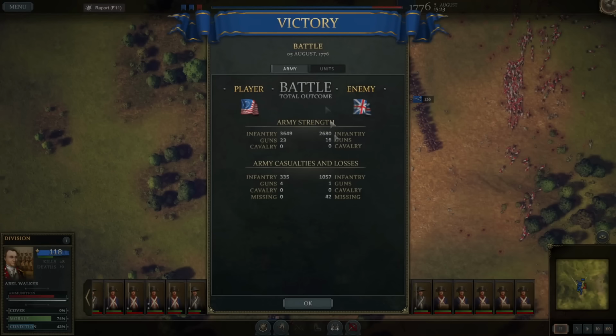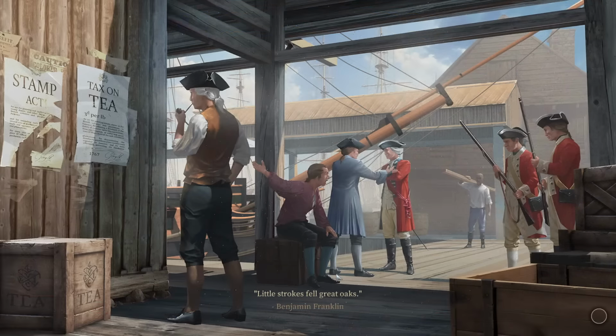Whatever. All right. So 3,600 troops on our end. We only lost 335. The enemy lost over 1,000. 42 missing prisoners. So they lost a little bit less than half their force. We did lose 4 guns. They only lost 1. So...